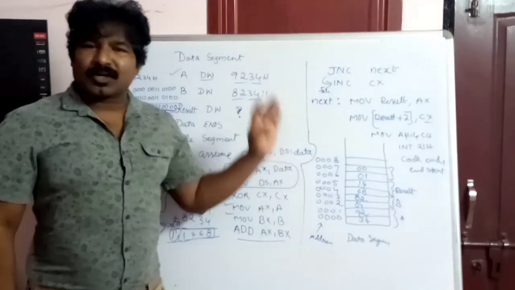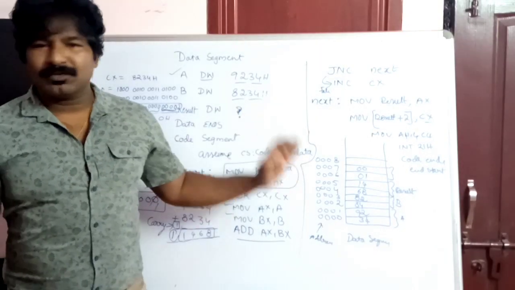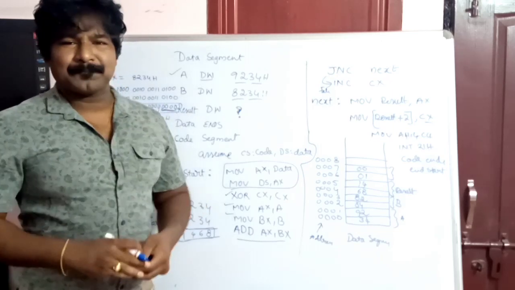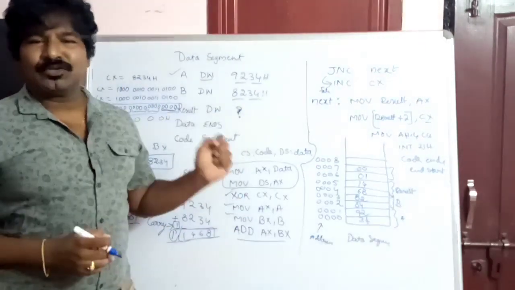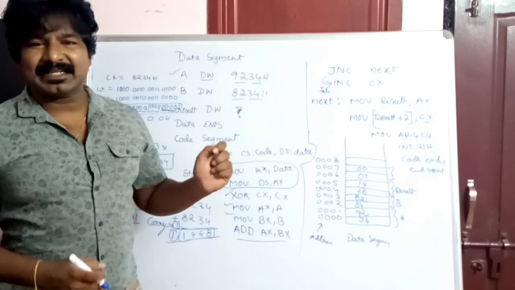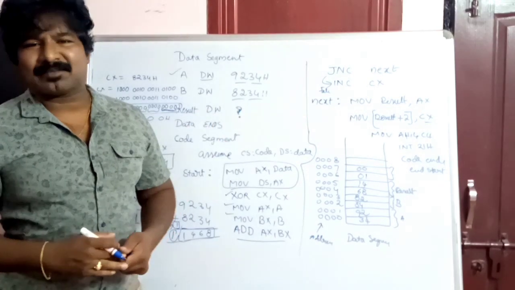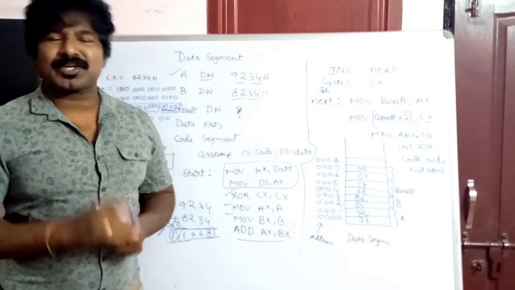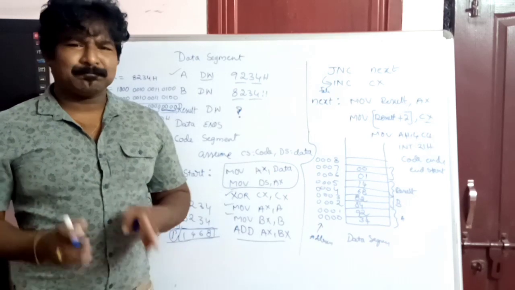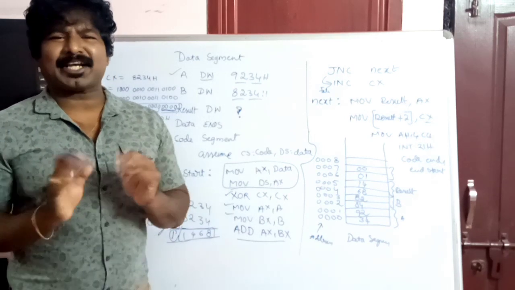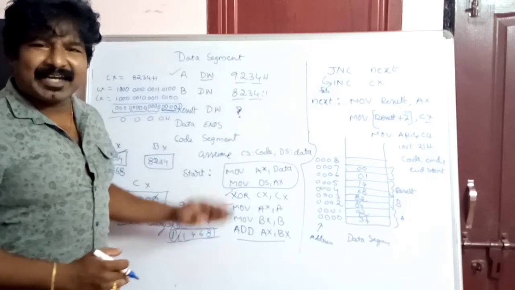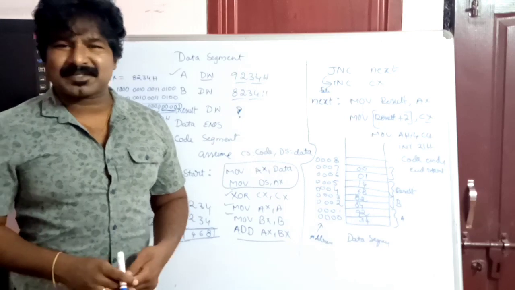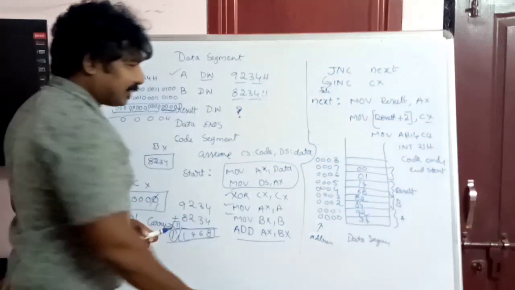So this is the concept of what happens when you add two 16-bit numbers and the addition produces a carry. Remember that you need to consider the carry and place it next to the result value in the data segment. I'll show you the execution of this program in the execution part. Let's move to the next program, the subtraction of two numbers. When you understand the addition of two numbers, you can easily convert this program into subtraction. I'll show you how.